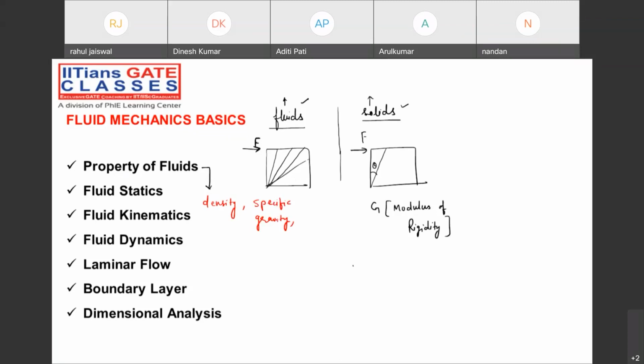Of course, we have many properties, but as far as fluid mechanics is concerned, density, specific gravity, weight density, these are all properties, right? So coming to fluid statics, we are basically going to cover pressure